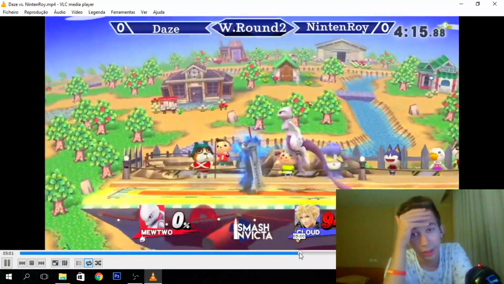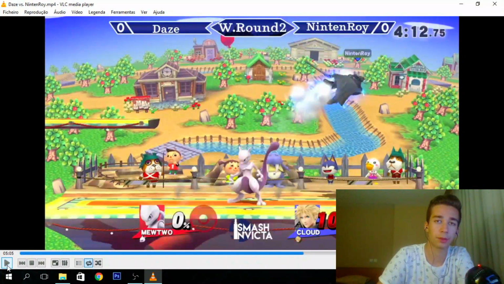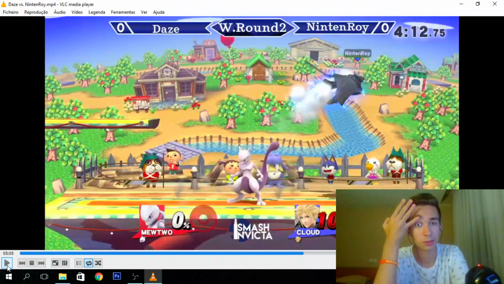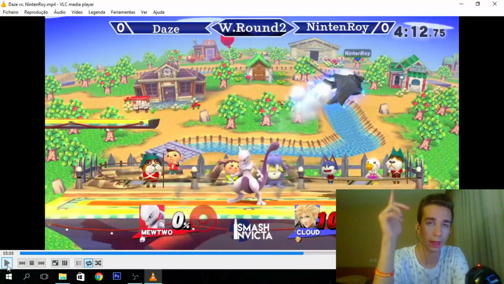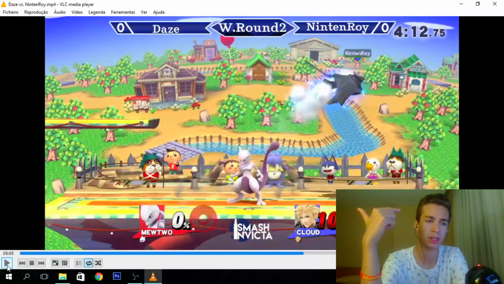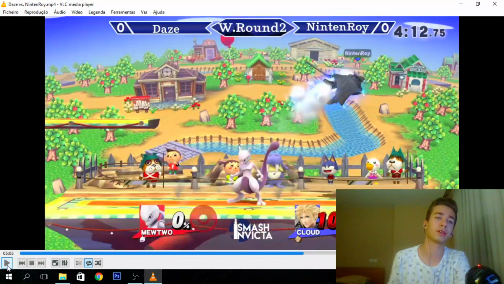Again, this is advice I have for Cloud players that are playing against Mewtwo, because this is probably one of those matchups that people say it's better for Mewtwo, but I personally, some people say it's better for Cloud, like a 60-40 situation. I prefer to say it's a 50-50 situation, and I sometimes even say that depending on the way,